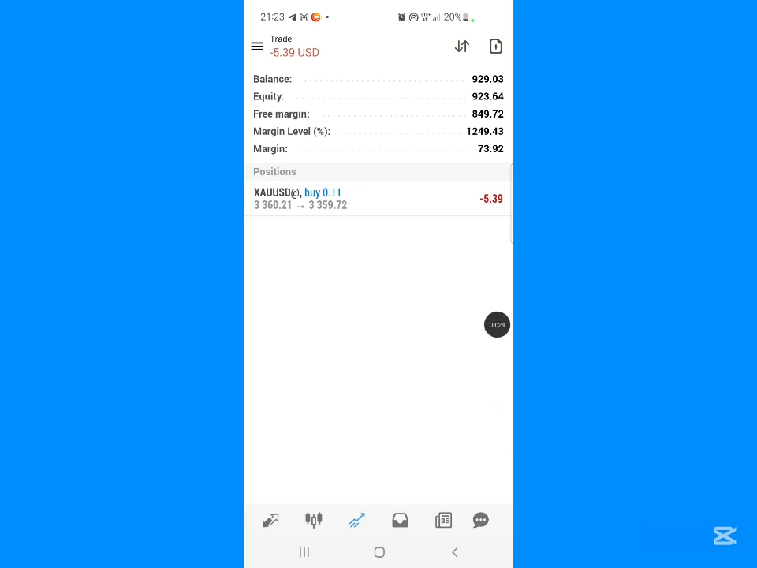So this is how you can trade with the AkashX Forex Alert on a demo account for you to learn very well before you start using your